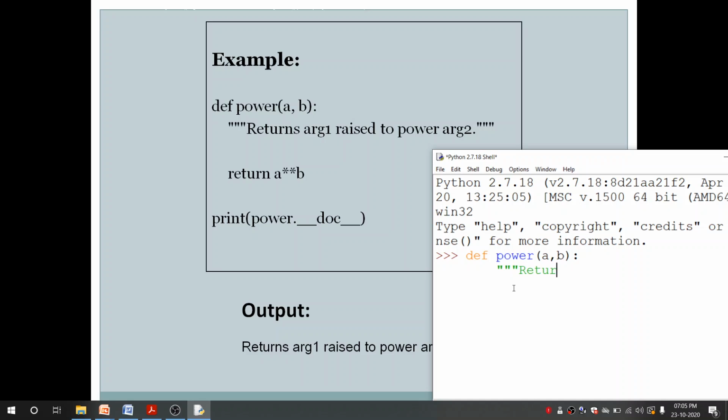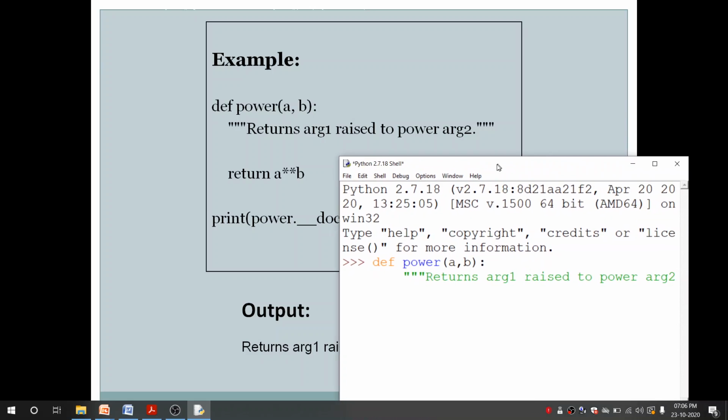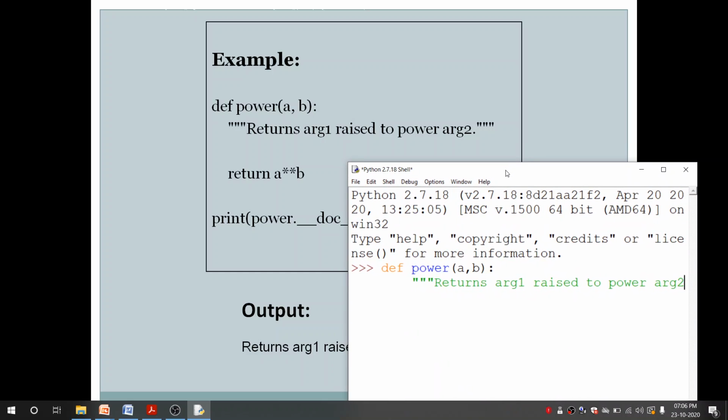Returns arg1 raised to power of arg2, and as I've said, it should end with a full stop and triple quotes.